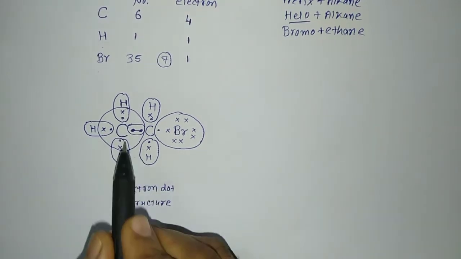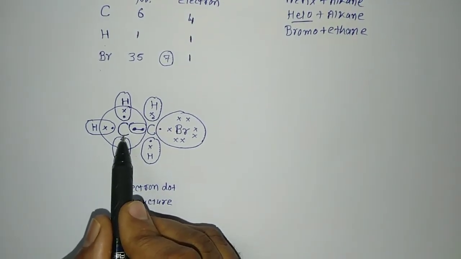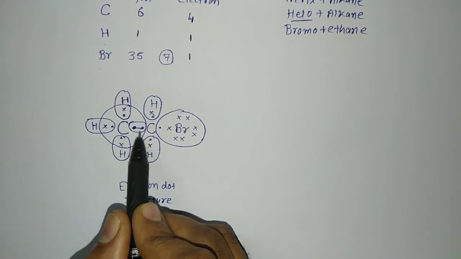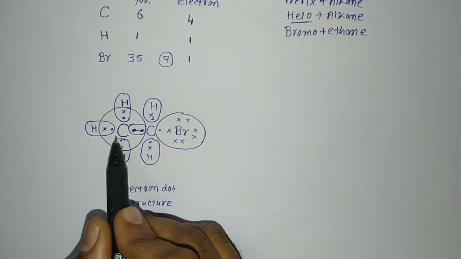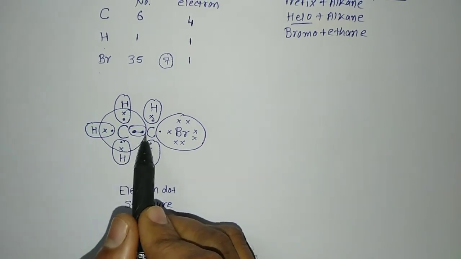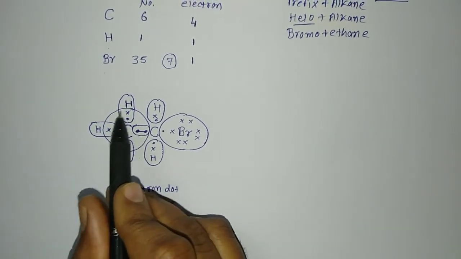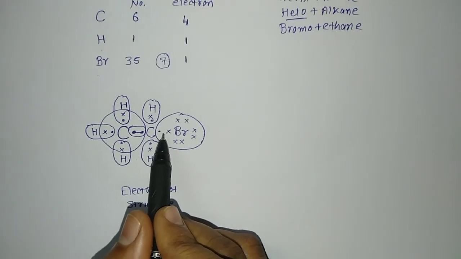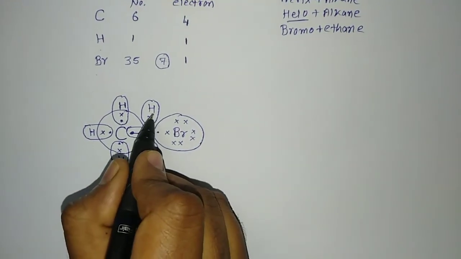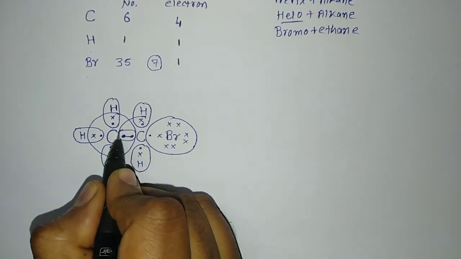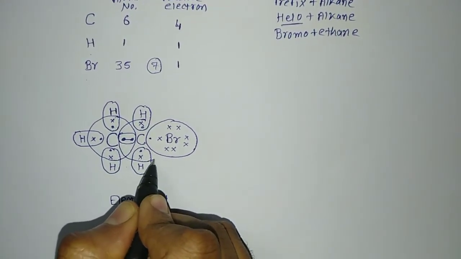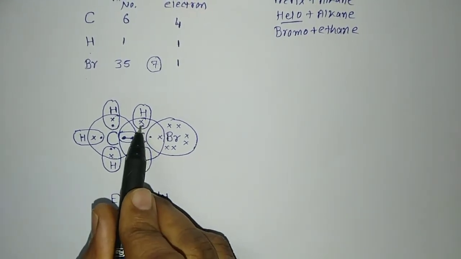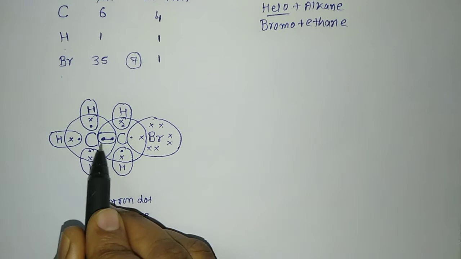Now you can see here, for this carbon, it requires 4 electrons to complete its octet. It is 1, 2, 3, 4 its own, and 5, 6, 7 and 8. It has made 3 bonds with these hydrogens and 1 bond with the other carbon. So it has completed 8. In a similar way for this carbon, I will draw the circle first and then I will try to explain to you. You can see 1, 2, 3, 4, 5, 6, 7 and 8.